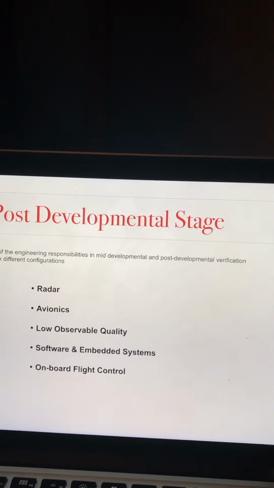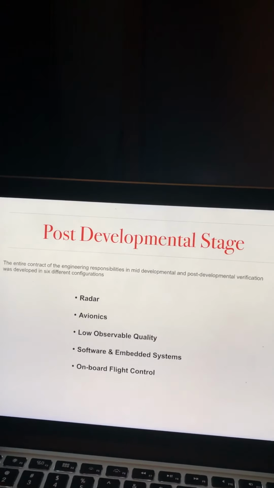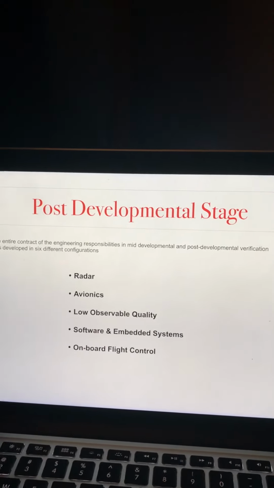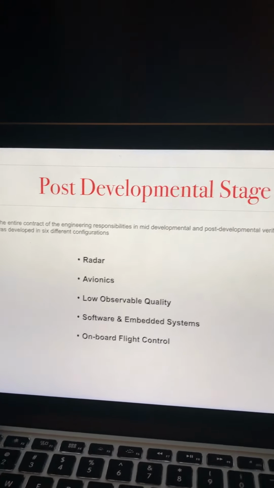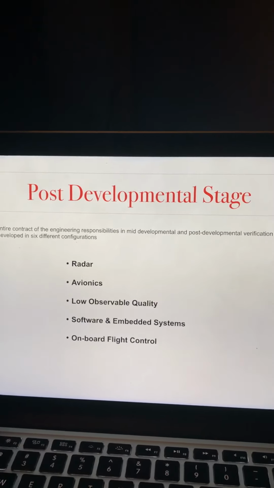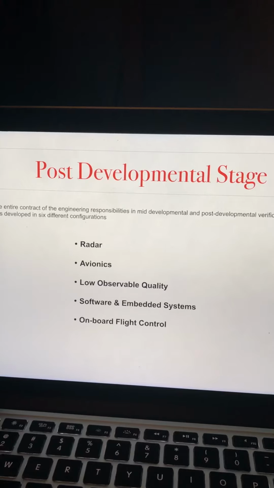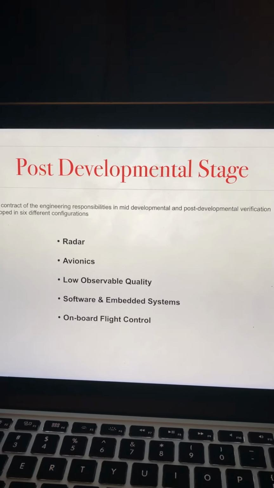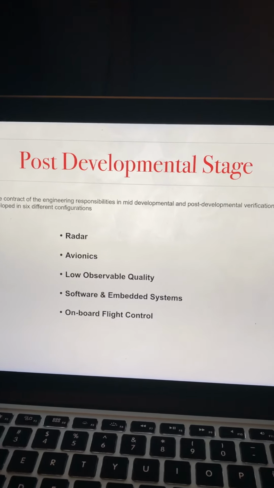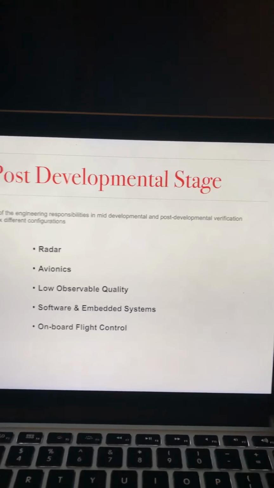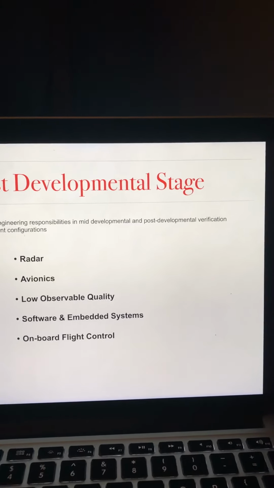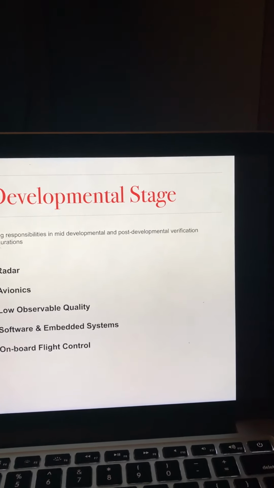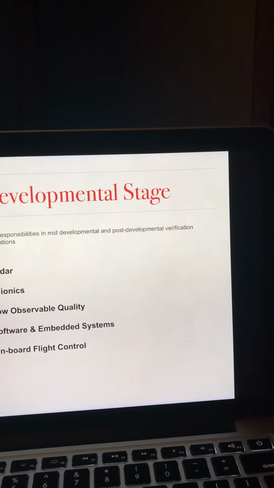So that was the engineering developmental stage. And now I'm going to talk about the post-developmental stage. So the entire contract of the whole engineering responsibilities in mid-developmental and post-developmental verification was developed in 6 different configurations. So they looked at it at